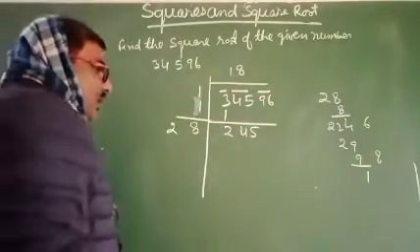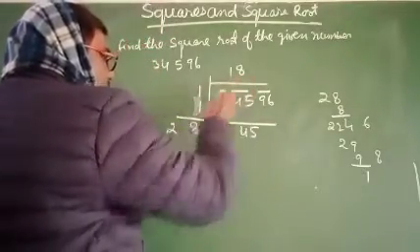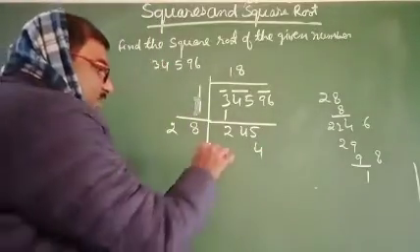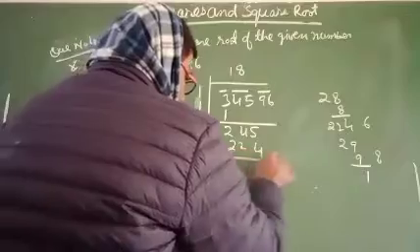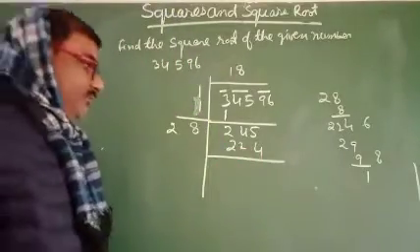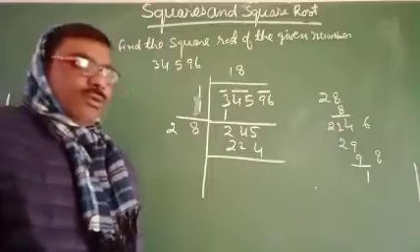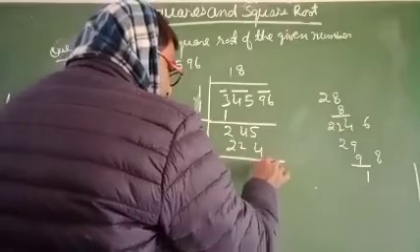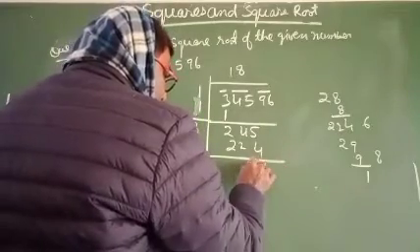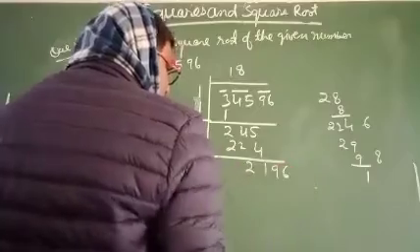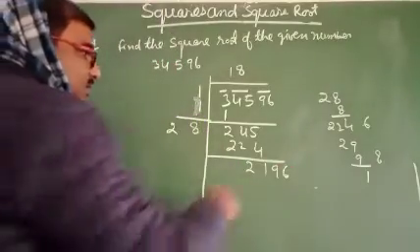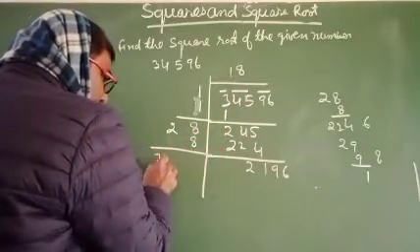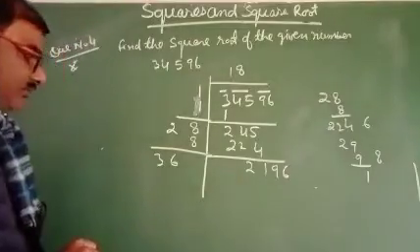Now I will multiply 8 by 28. We get 8 times 8 is 64, 4 carry 6, 8 times 2 is 16, 16 plus 6, 22. Here will be 224. Now I will subtract 224 from 245. You get 5 minus 4 will be 1, 4 minus 2 will be 2. Here I will write 96 down, and I will add 8 here, we get 36.